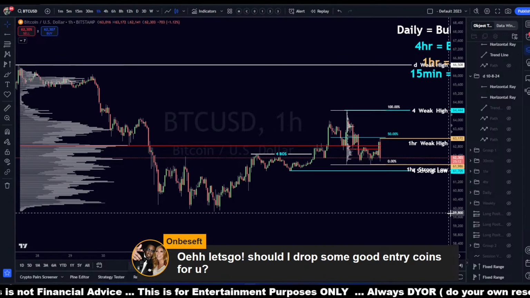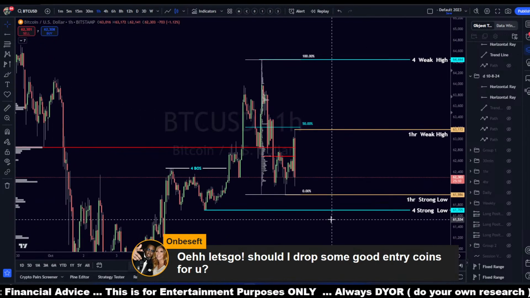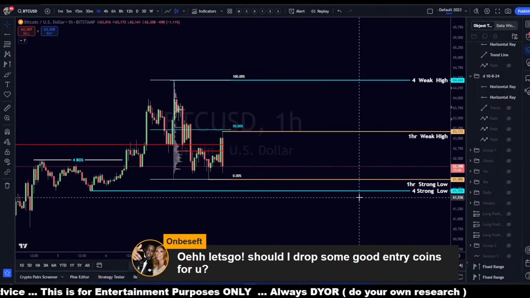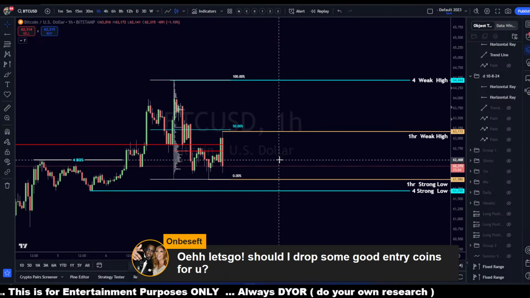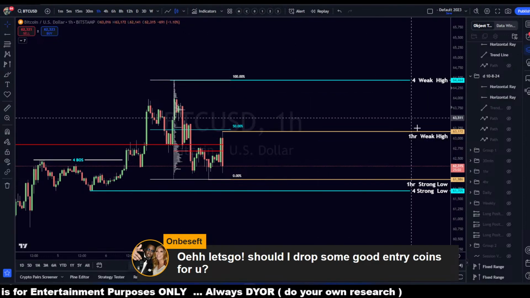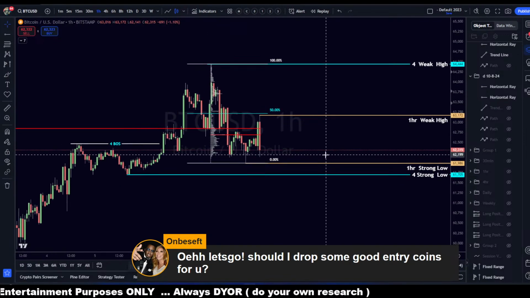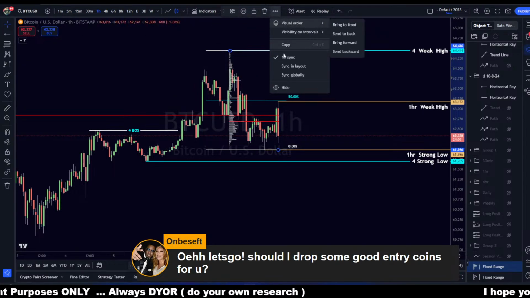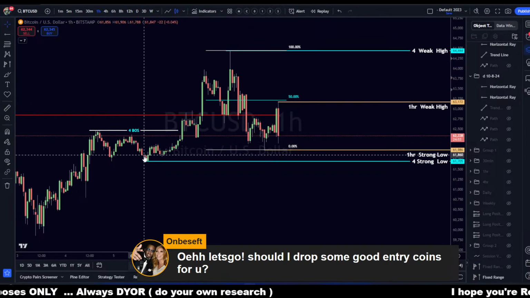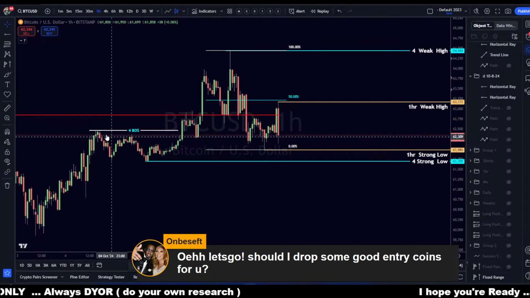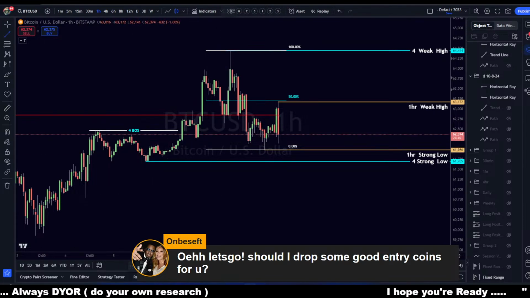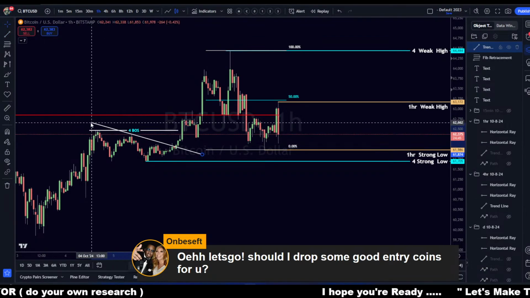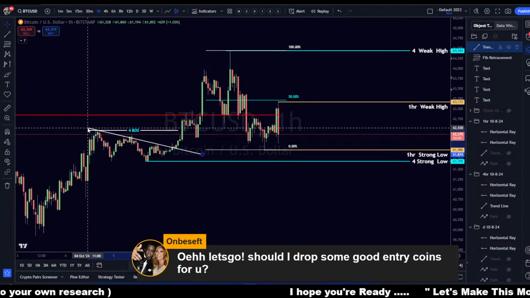All right, moving on. So this is our strong low. So right now, what do I see? Right now, I'm just looking at just the candles. I'm kind of not looking at all this stuff. Just looking at the candles. Let's get rid of this. Inside this, so here we have, you know, price came down, and you can also see we had this trend line. Now, of course, with trend lines,